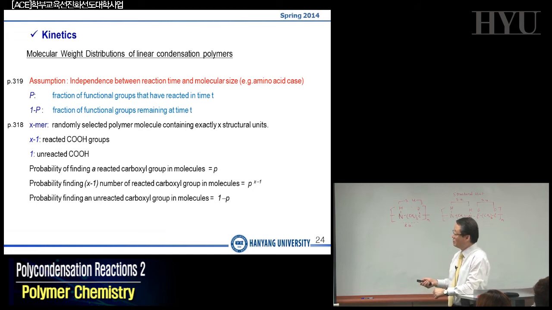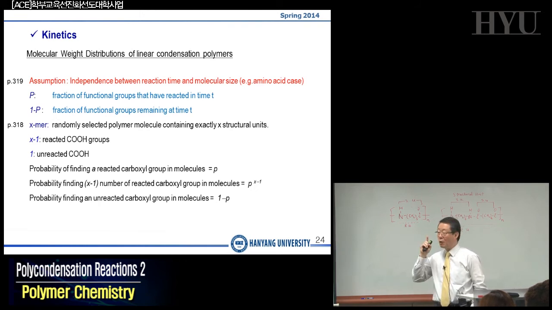So X minus 1 is the number of reacted carboxylic acid or reacted amino groups, and we have one remaining carboxylic acid at the end of your chain, right? So the P here is defined as the fraction of the functional groups that have already reacted at time t. So P is defined for the 1 carboxylic acid group that was reacted. If you have 2 carboxylic acid groups that were reacted,